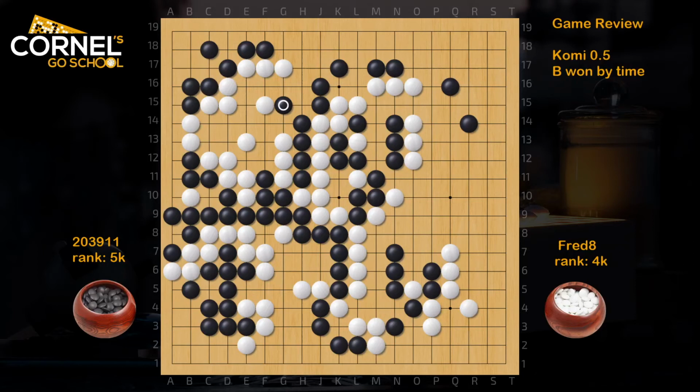Hello, this is a game played on Foxy and it's quite aggressive. Black won on time, but he was actually pretty dead. The dragon on the left side is dead, the bottom stones, and this tiny group in the middle. Also the group in the center, if white plays again, at least one Atari at any level is going to